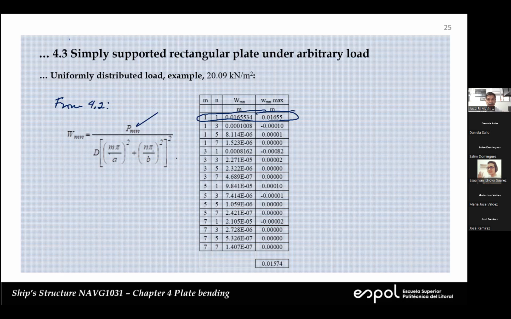Now, after calculating the amplitudes, we do something similar to what we did with the load. We have w of x, y is equal to a double summation of